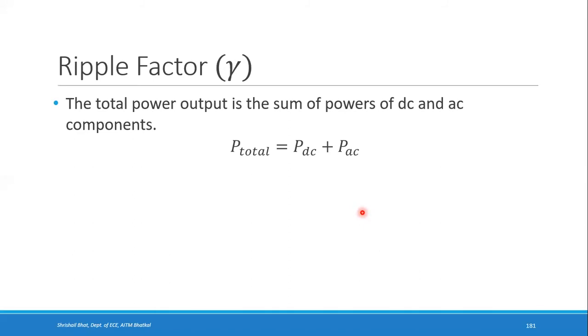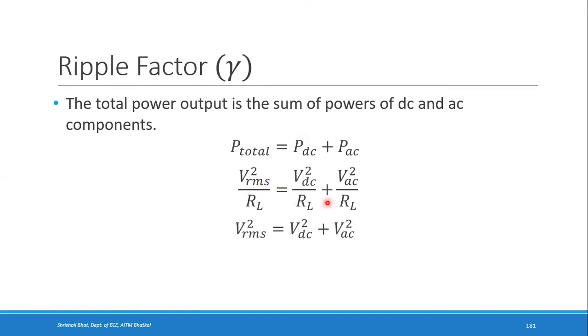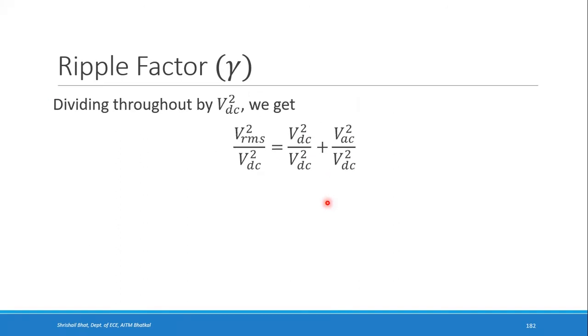So we have obtained this, right? From the power equation, you can get that expression for ripple factor. The total power includes both the sum of DC as well as AC. For total power, you can take RMS into consideration, and here VDC and VAC. Then VRMS square will be VDC square plus VAC square. If I divide throughout by VDC square, you will get this form, right? Here VDC square by VDC square is 1. Here VRMS by VDC the whole square, and here VAC by VDC the whole square. So VAC by VDC is the ripple factor.